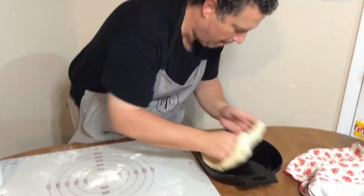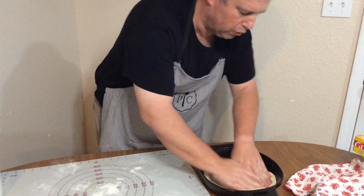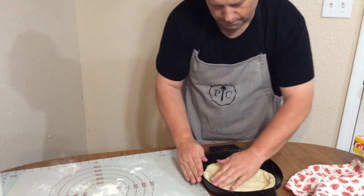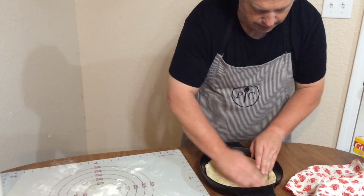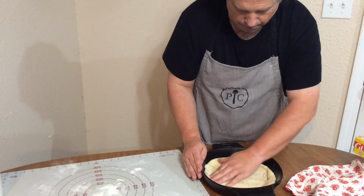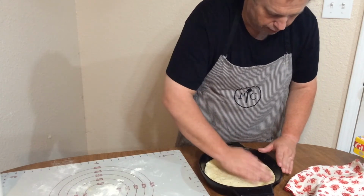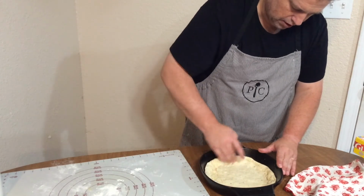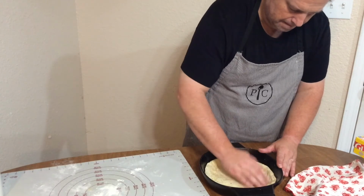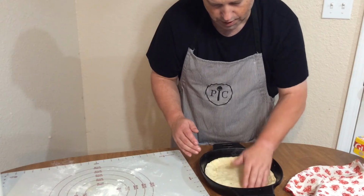Okay, so now we're going to put it in our pan. I pre-oiled the pan, and I'm just going to form it to the pan, up and around the sides to help give it a little more edge. I'm usually making round pies. And we're just going to tap around here for a crust. And look, no holes this time. Mine's pretty. It's thicker, but it's...